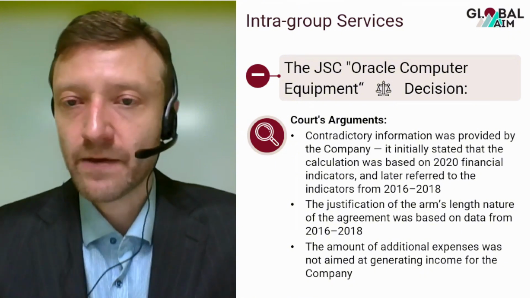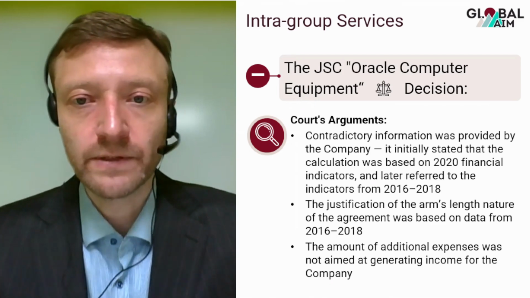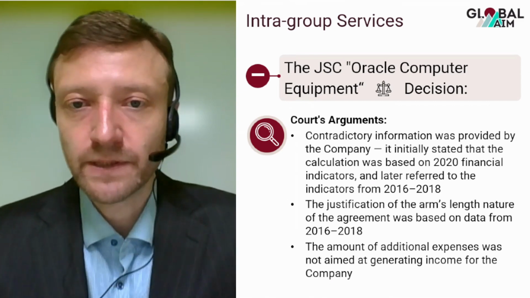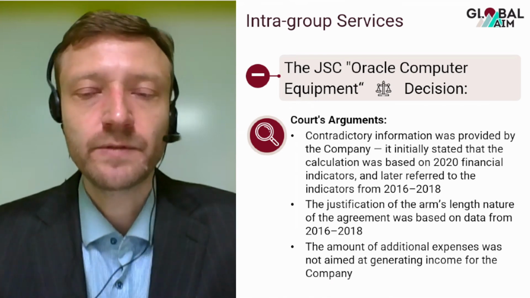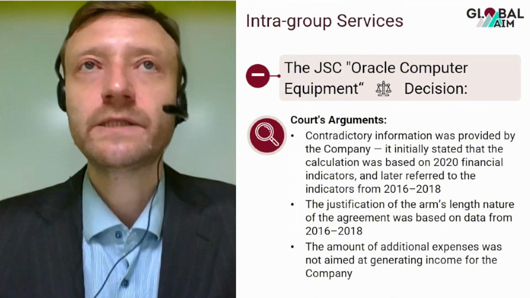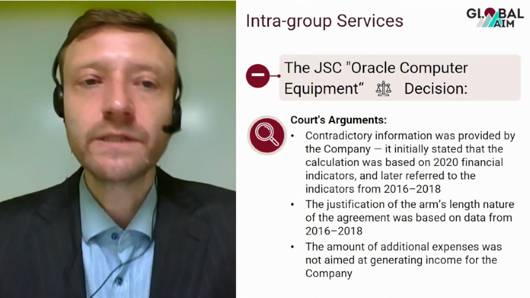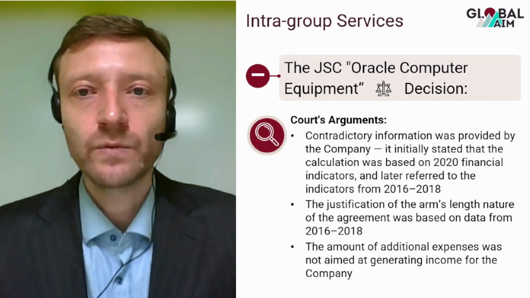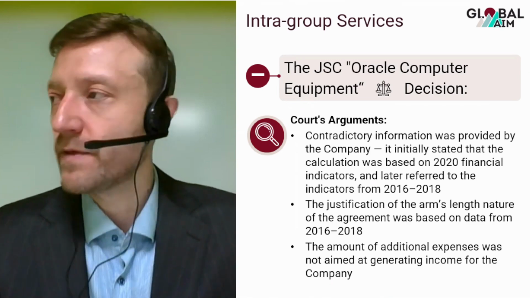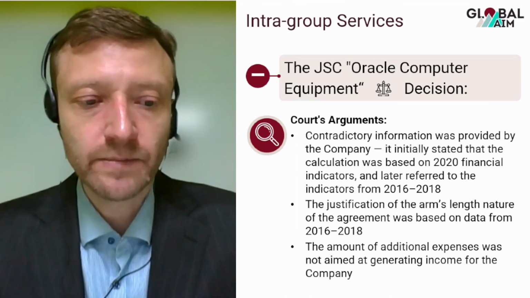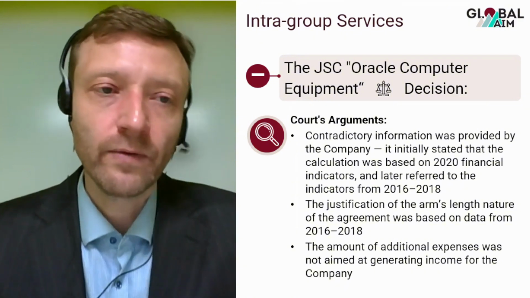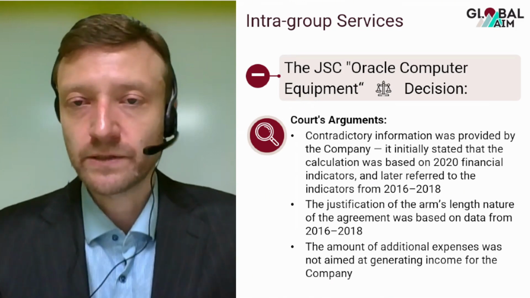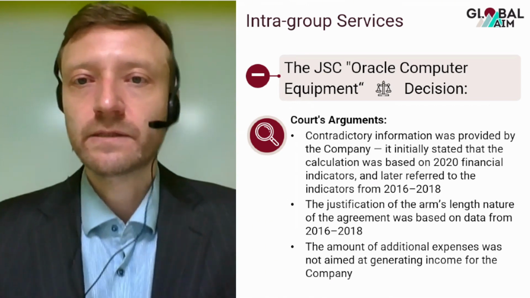were not clear. The arm's length nature of this charge was made based on old data from previous years. And the Russian subsidiary failed to demonstrate that this payment was necessary for it to generate income. And we see such situations in practice very often, especially in large multinational companies which still operate in Russia. We see that they tend to make decisions slowly, and sometimes a few years pass before a certain decision is made or a charge is made from the headquarters to the Russian subsidiary, and this entails various tax implications